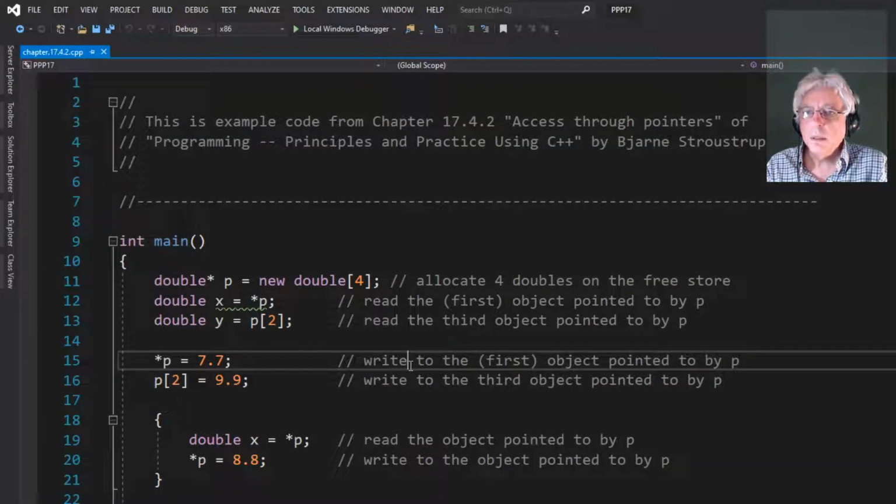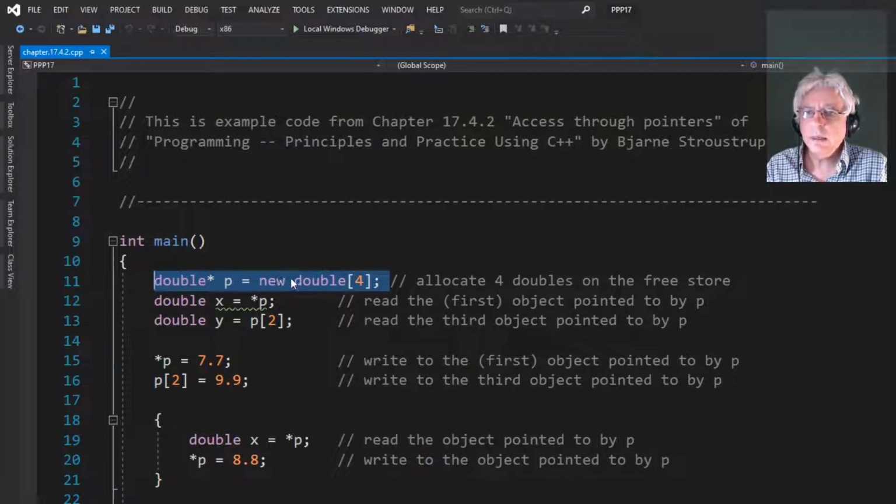And this is read the first object pointed to by P. So reading this from right to left, you see I've got an array of 4 doubles, which I'm allocating on the heap. That's what new means. They use that special area of memory. And assign the address of the first of those to P, then dereference P, which should give you a 0, right? Even though it hasn't been initialized,